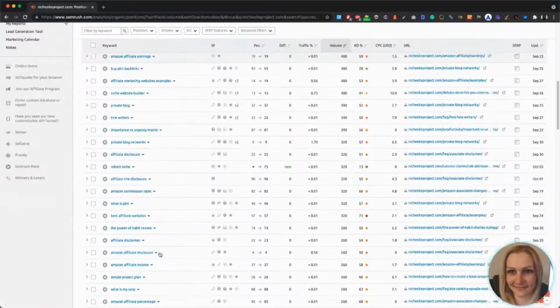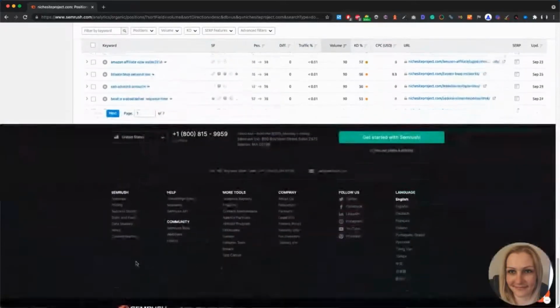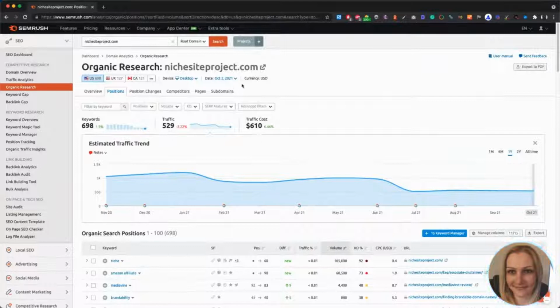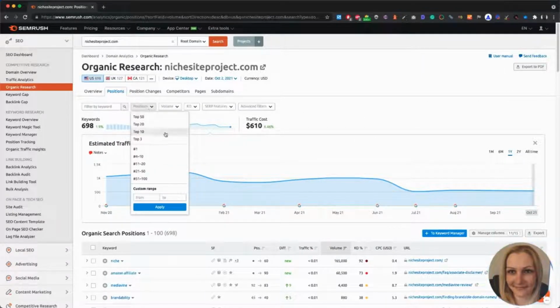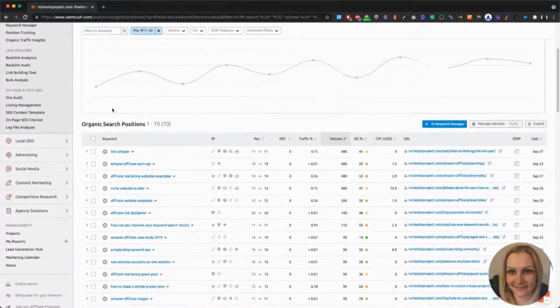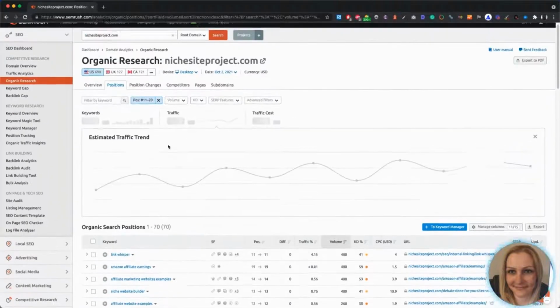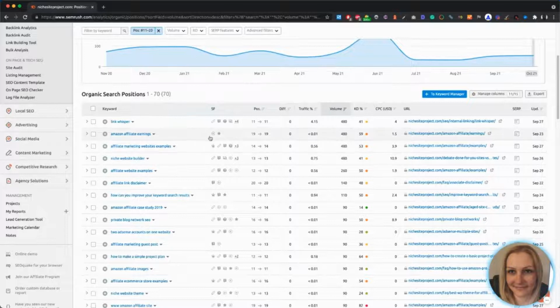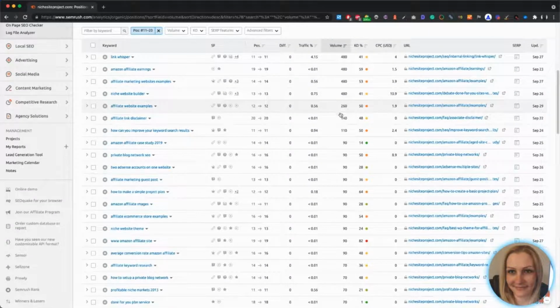So here are the keywords. All of the keywords. What we may want to do here, for instance, is filter the positions. So I want to see the keywords between 11 and 20. These are usually quick wins. So let's see only those keywords. And now I have the list of keywords that are potentially easy to win because the site is already ranking